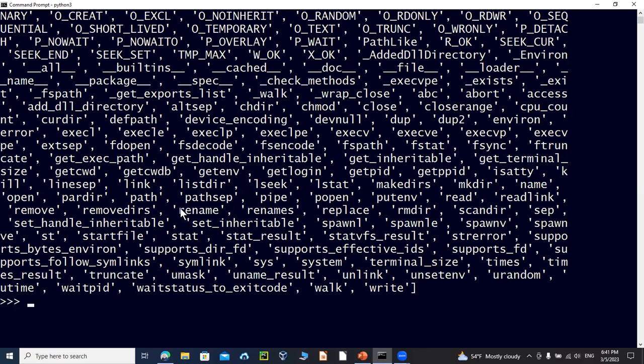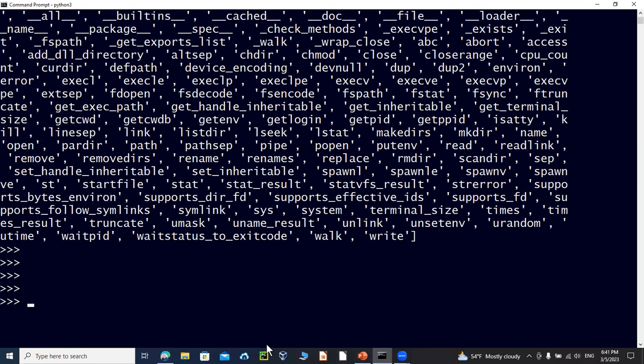So I was saying login ID, and if you don't see it here, you can also do something like this. You can say for item in dir of np.os